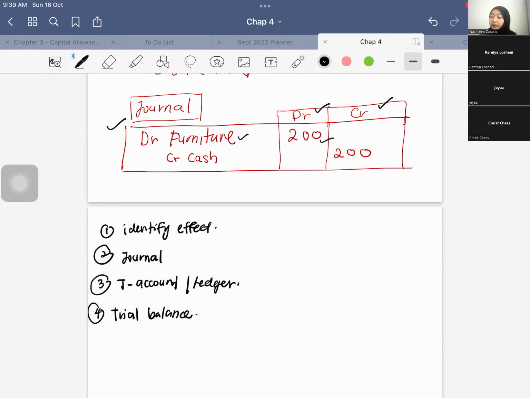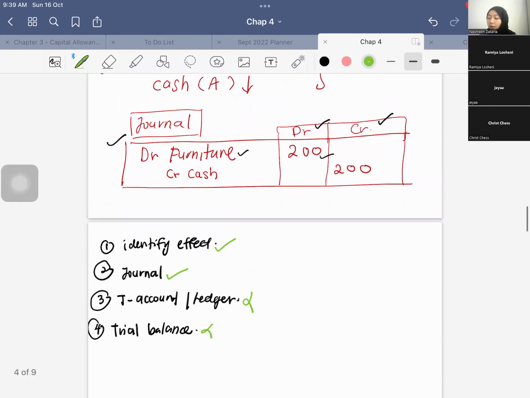We learned already how to identify the effect and how to open up a journal. Now today we will learn about posting from the journal to the ledger and then the trial balance. Based on the question here,